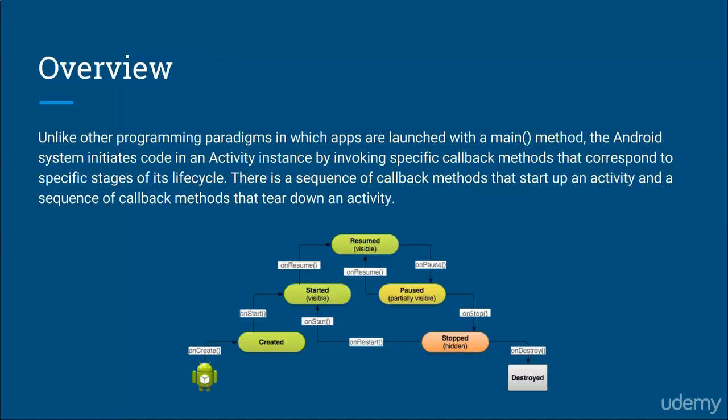Overview. Unlike other programming paradigms in which apps are launched with the main method, the Android system initiates code in an activity instance by invoking specific callback methods that correspond to specific stages of its lifecycle. There is a sequence of callback methods that start up an activity and a sequence of callback methods that tear down an activity. So you'll notice at the bottom here,